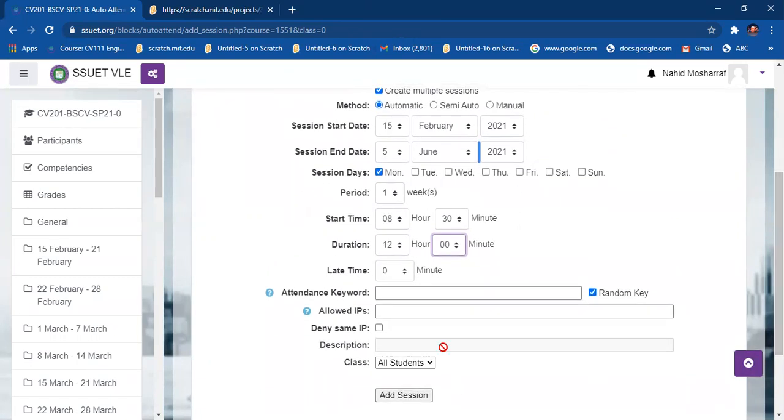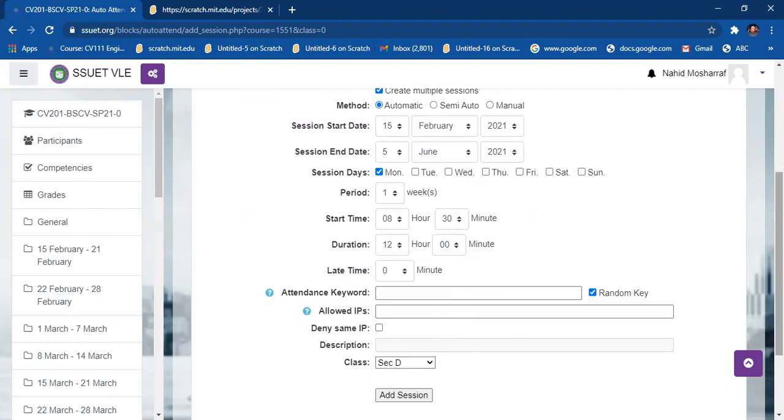If you want to provide a description, you can provide the description here as well. Denied same IP, not allowed IPs, no. All the students? No, it's for section D only. I want to create this session because it is a lab session.